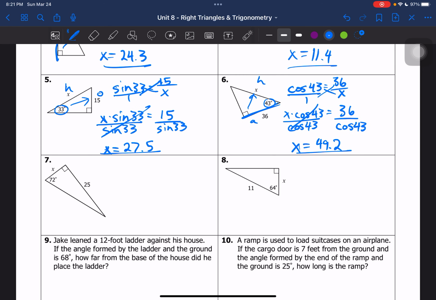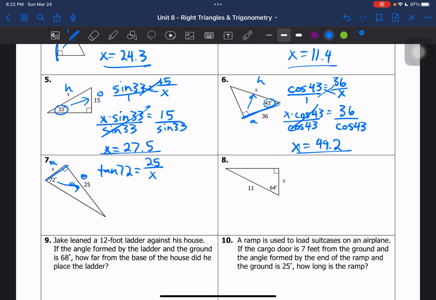Let's look at 7. So I am trying to find out what this leg is. That's an adjacent leg because it's touching my angle, 72 degrees. And I know what this leg is, the 25. That's the opposite leg. So if I have opposite and adjacent, I'm going to use tangent. So let's say tangent of 72 equals, well, opposite is 25, and the adjacent I don't know, so I'll just